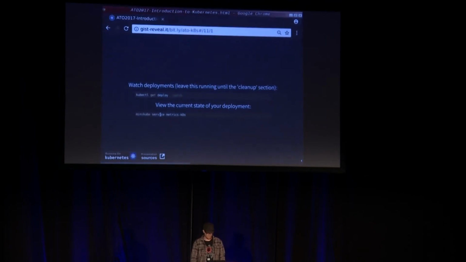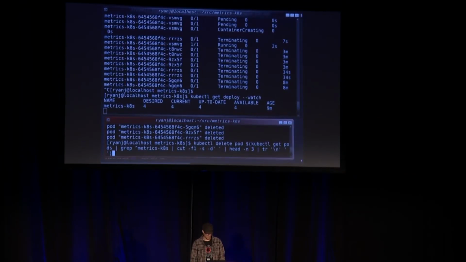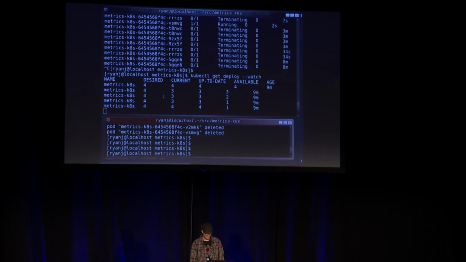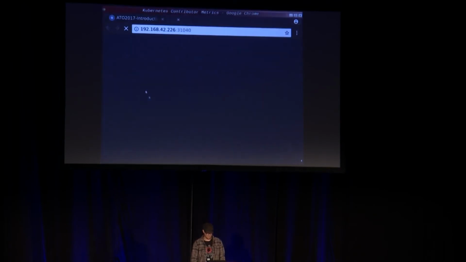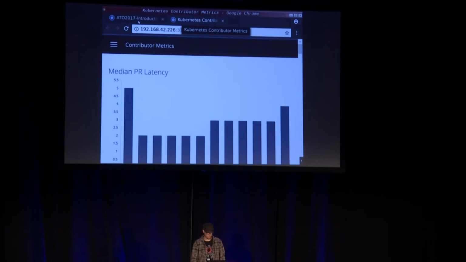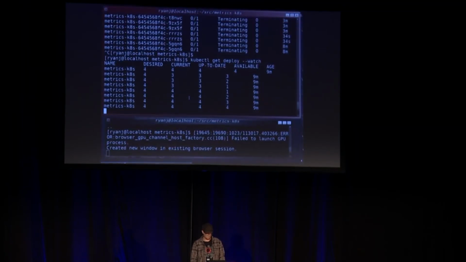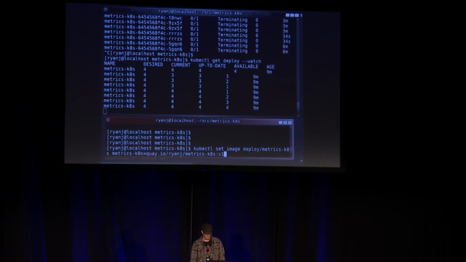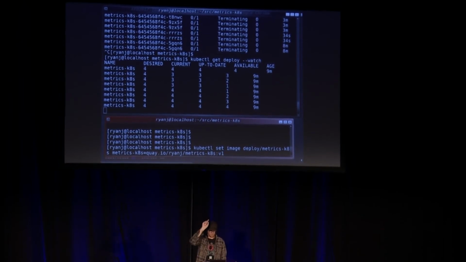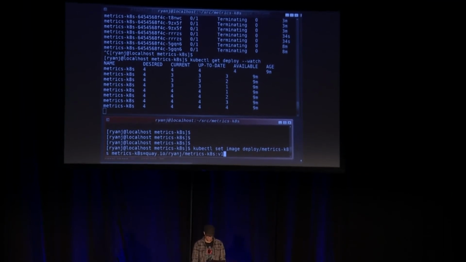This basically is going to give us a kind of a dashboard for how many containers we have running. You could see it's updating when I did that pod delete statement. Here is our dashboard that's up and running. If I wanted to do a deployment, there's a couple ways I could do it, but I'll run a command like this, kubectl set image. I'm going to set the image on the deployment resource. The resource name is metrics-kates, and I'm going to set to this particular